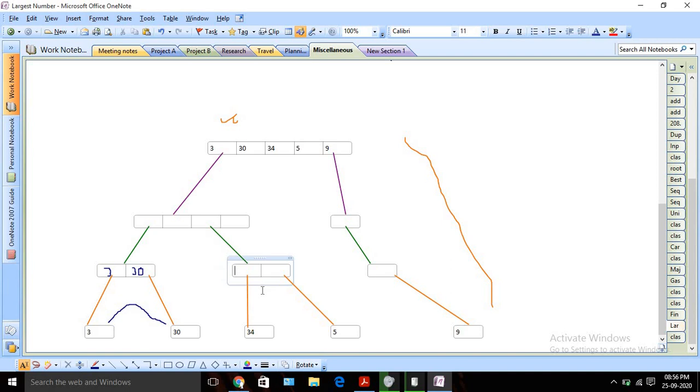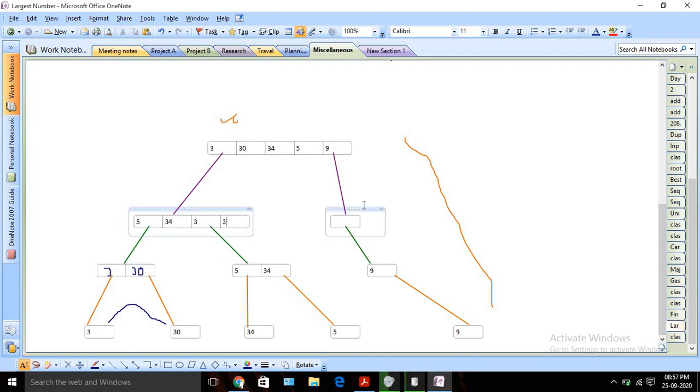In this case 5 will come earlier than 34, since 534 is greater than 345. And 9 will remain the same. Now again we are going to merge these two arrays. On one side we have 330, on the other side we have 534. Obviously 534 will come first, then 330 will remain here.